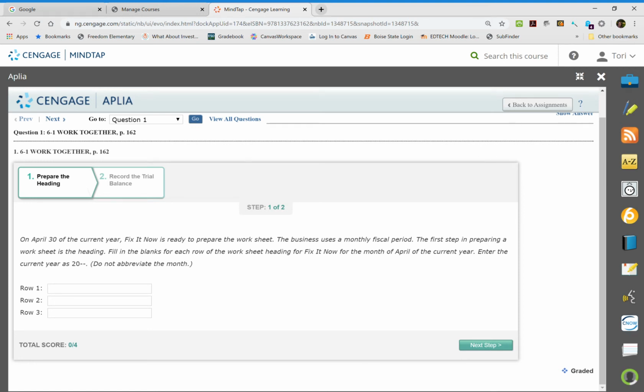All right, for chapter 6, we are going to do what's called a worksheet, and this is to get us ready for our financial documents for chapter 7. So the first thing we're going to do, every financial statement will be set up on this. We're going to first put in the heading. Row 1 is always going to be the company's name. So if you look up top, it's Fix It Now